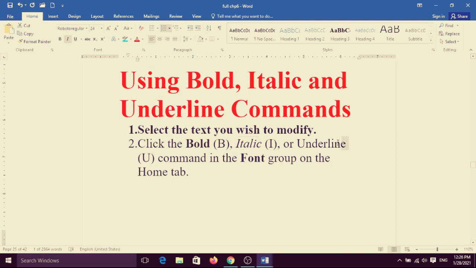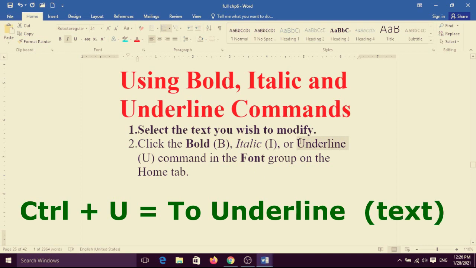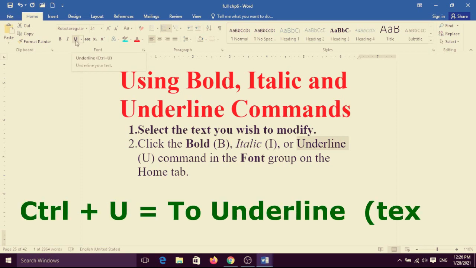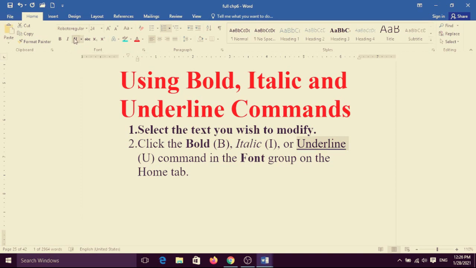And the third one, I want to choose this word for underline. First select it and click on U, or you can use the shortcut key Control plus U. Underline. First, once again, I want to type Sunbeam.